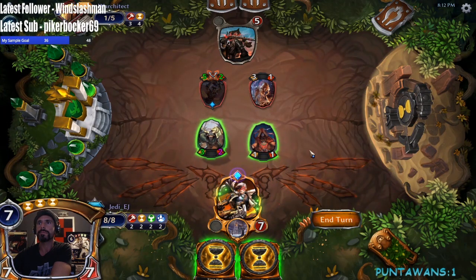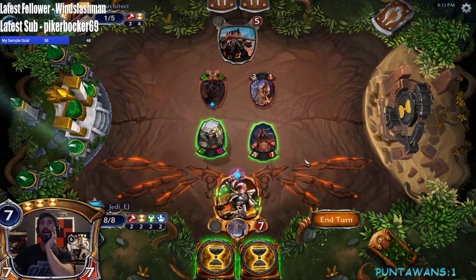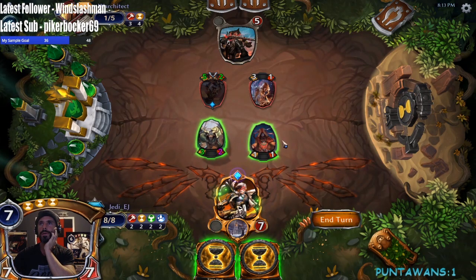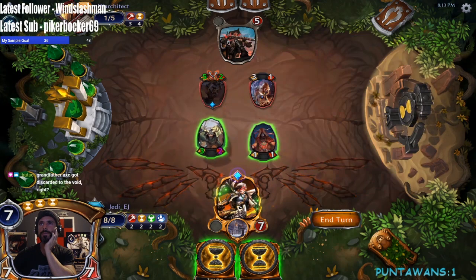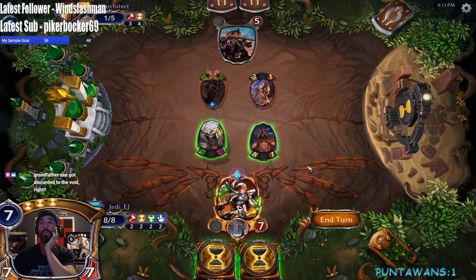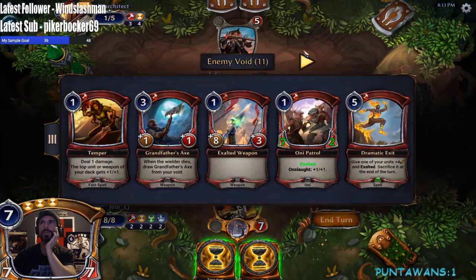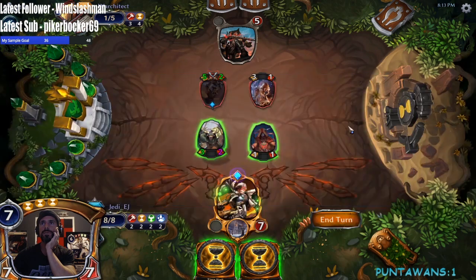Oh. All right. So, let me think. We know the 2 cards in their hand are Grandfather Axe and the 2/2 charge, right? So this chump blocks here. Grandfather Axe goes on here, the charge unit, and then we take 6, go to 1. Oh, did it? Oh, it did. They did pitch it. Oh man. Okay. Okay. So